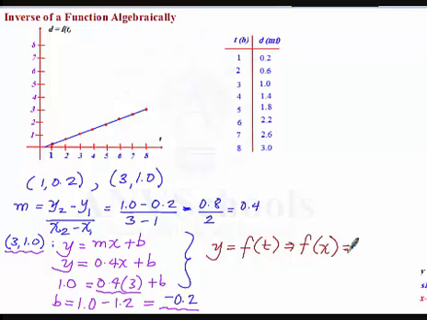Let's put it in term x, not to be confused with this one. So we have 0.4 x minus 0.2,